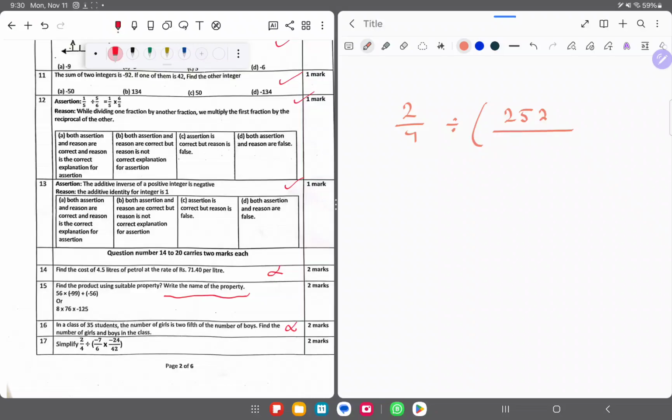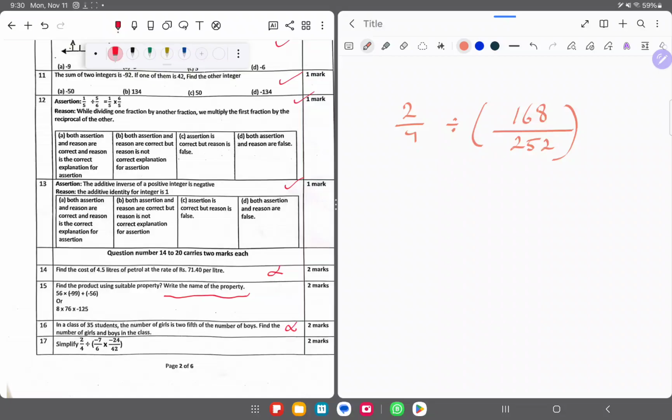So you did 7 times 24 times 2. No, you did something wrong. 7 times 24. 7 times 24. That's 168. This should be 168. So you wrote 168 over 6 times 24. 6 times 42 over